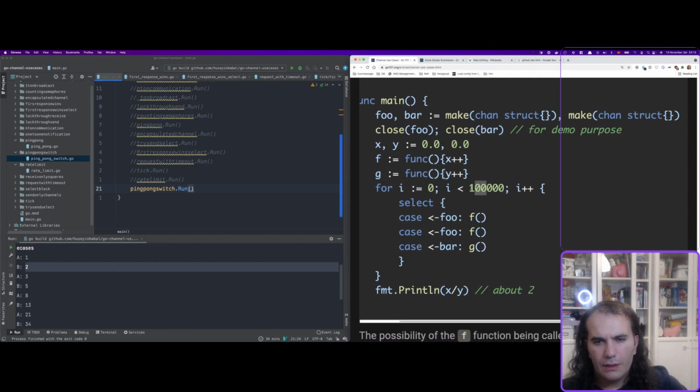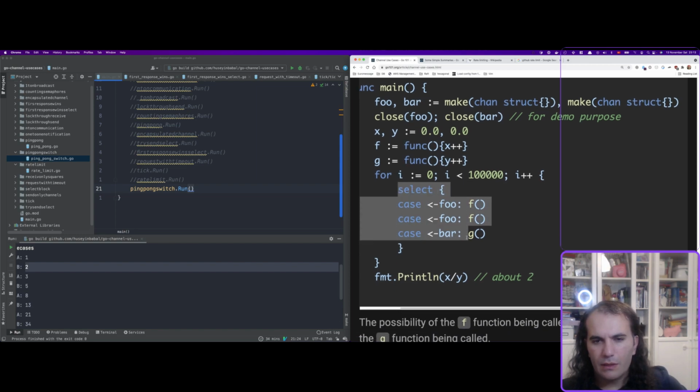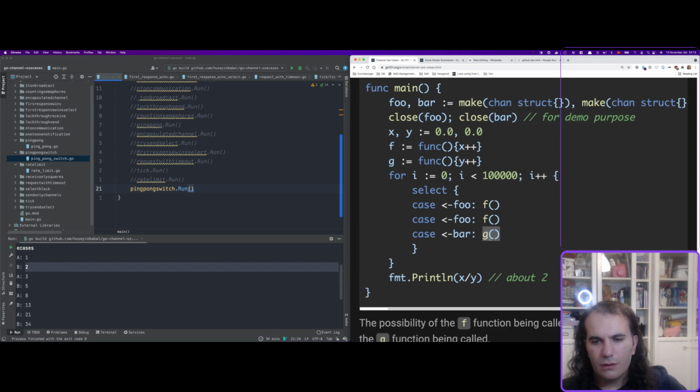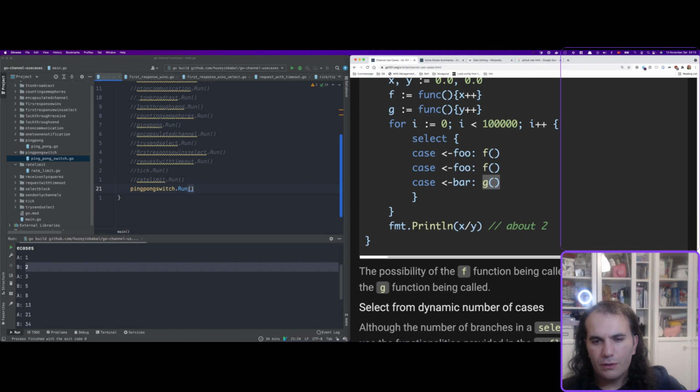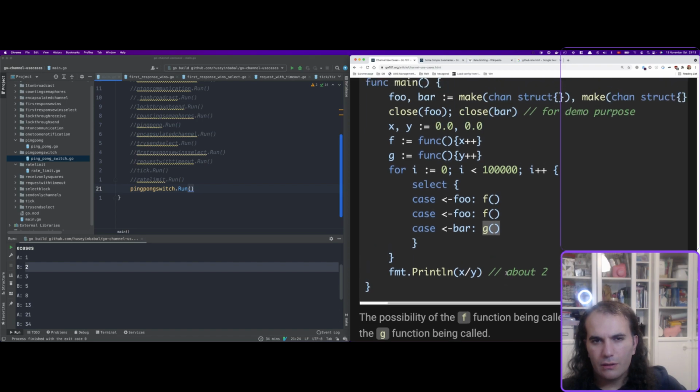For 100,000 times we are trying to select something. Let's see what happens. If you can get something from the foo channel, the f function will be executed. If you try to get something from the bar channel, the g will be executed, and the possibility of the f function,